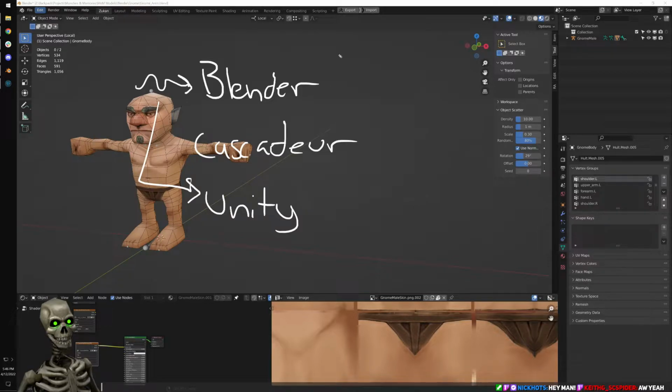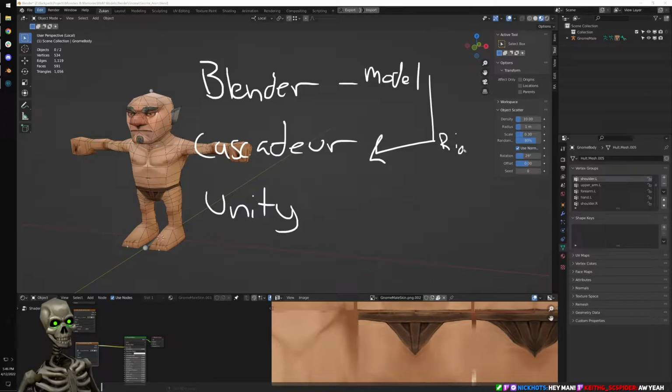But so the way I think we could do it now is, we model in Blender, and then that goes into Cascadeur when it's rigged. And then we do the animations. Anims. Yeah, and then we import that into, well, it has to actually go back to,